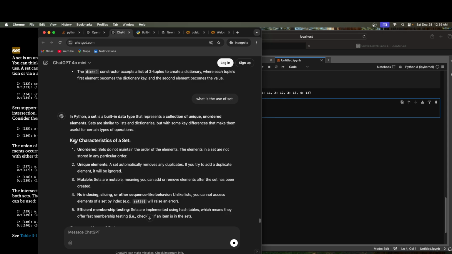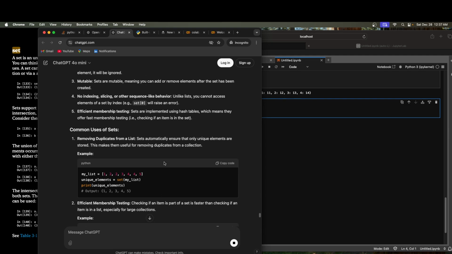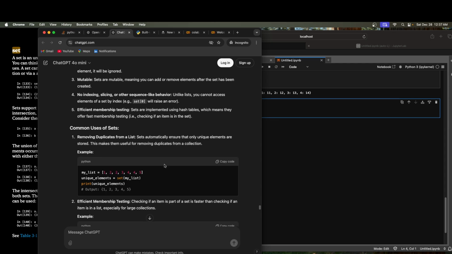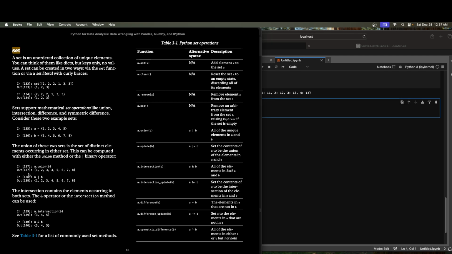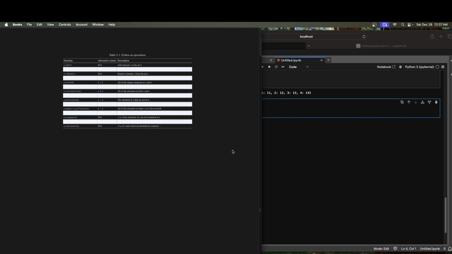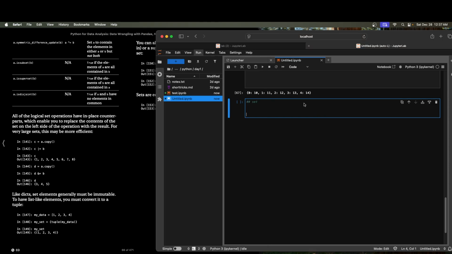There is no order. It will be unique. No indexing, slicing, nothing can be used. You can perform mathematical set operations. The way to create a set is